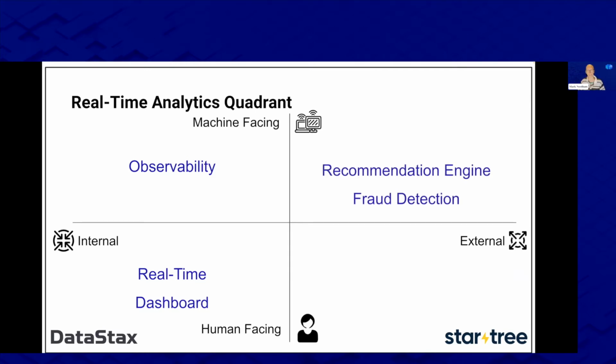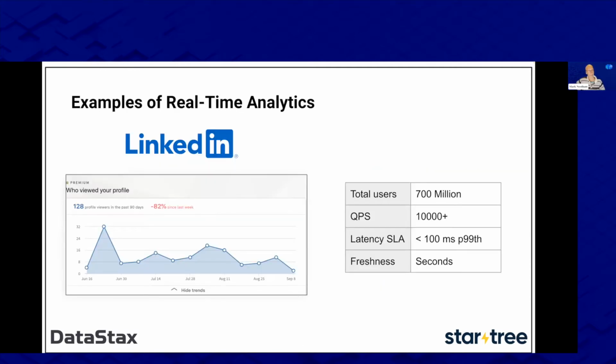Coming over to the right-hand side, this is where we're doing external, the user's external. So if it's a machine, it's maybe feeding the data into a recommendation engine or fraud detection. And then finally, if it's external and a user, maybe it's an order tracking service. So, hey, I ordered my thing from Uber Eats and I want to see the statuses of what's happening with my order. Or maybe I want to see where exactly the driver is. Where's the driver? How many stops away are they? And so let's run through some examples of people doing this.